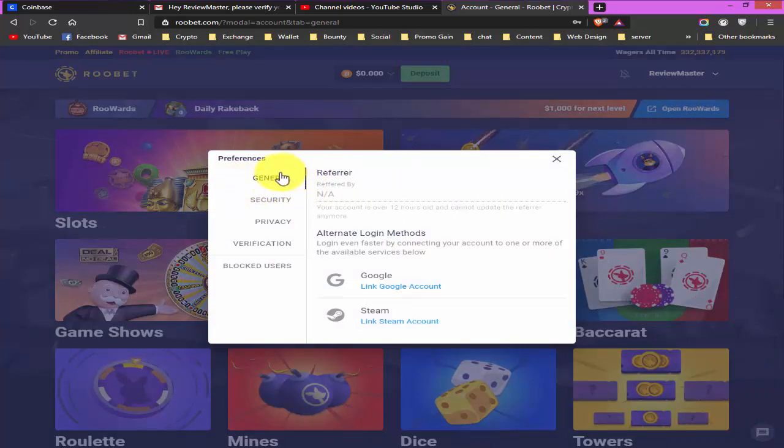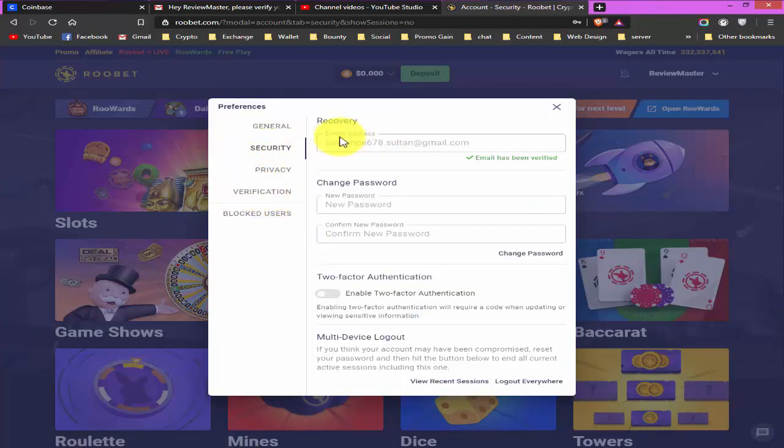When you click on account, this pop-up window will open, and here you will see different types of options like general, security, privacy, verification, blocked users. So you need to go to security. When you go to security, you will see the email address here. I already verified my email address, that's why it's showing the email address has been verified.